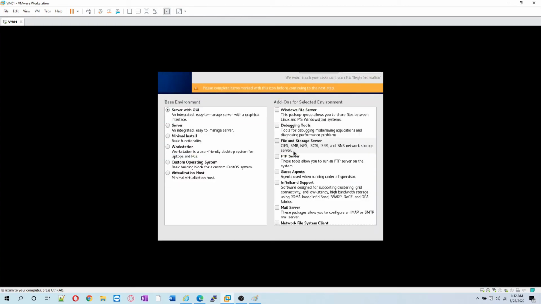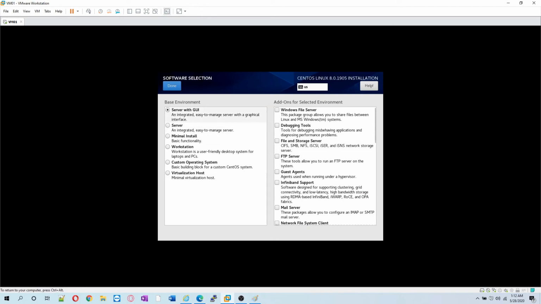Server is with GUI. Here you can select GUI or minimal install or a workstation, whichever you want to do. If you want to make a virtualization host, you want to run KVM and run VMs over this installation. So we can select server with GUI.